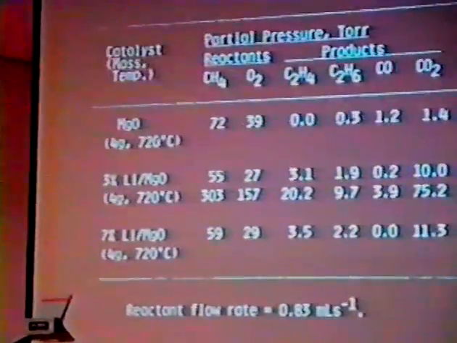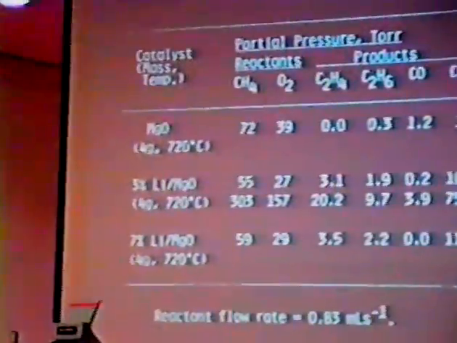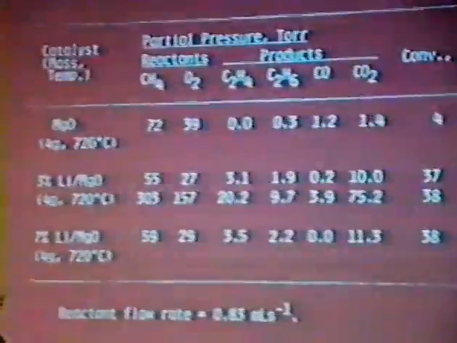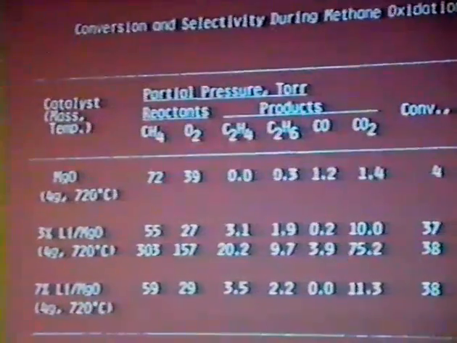And to put things in a historical perspective, I need to turn it around and tell you that first of all, we were looking at the formation of the methyl radicals, and then that led us to the discovery of the lithium mag oxide catalyst. So the fundamental work, the initial work, was really done on the generation of these gas phase radicals. And we'll go to the next slide, please.